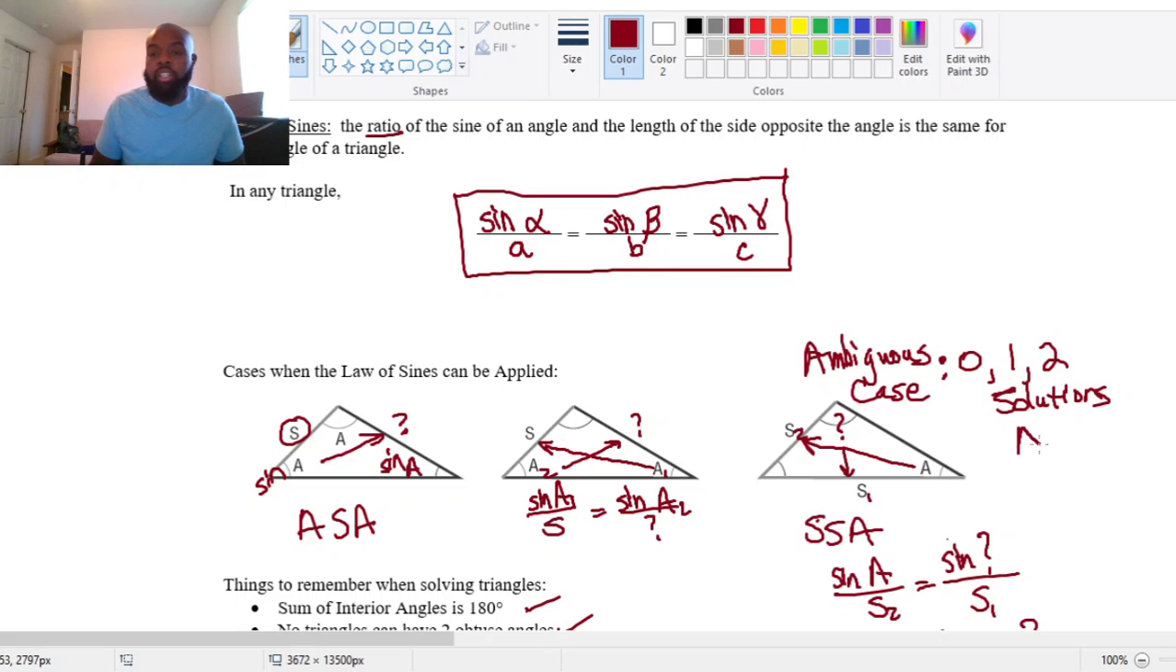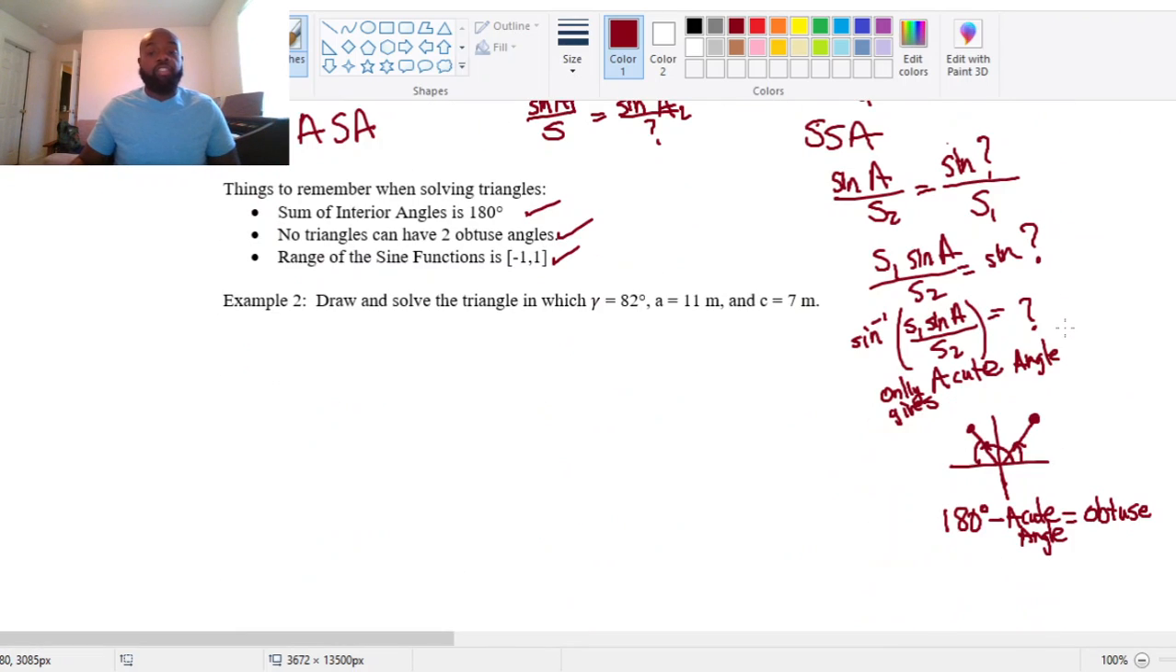And our solutions are different triangles, and we're going to see examples of that. So let's look at this first example here. It says draw and solve the triangle in which gamma equals 82 degrees, A equals 11 meters, and C equals 7